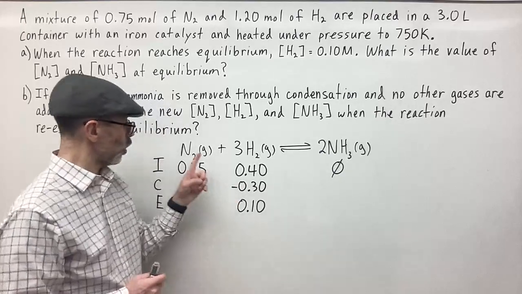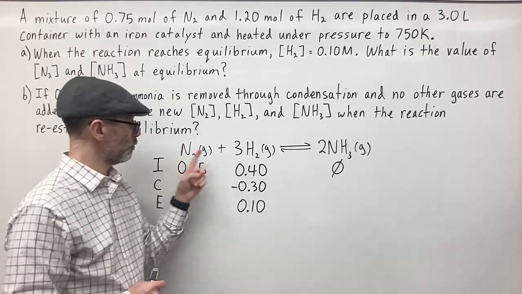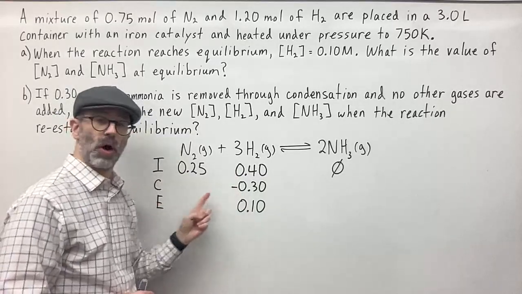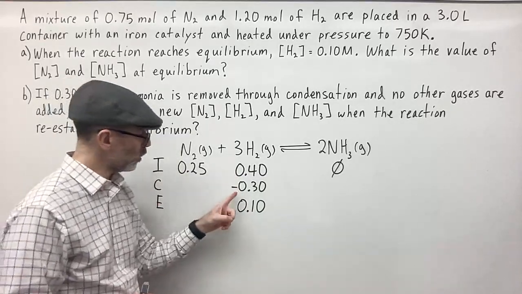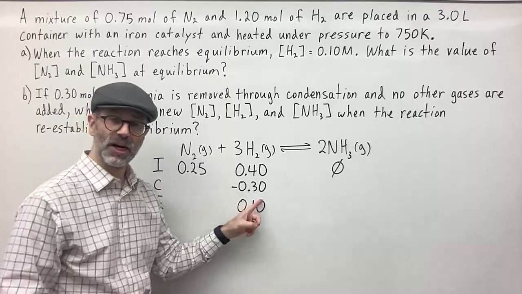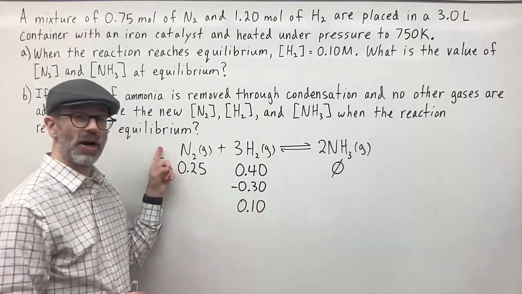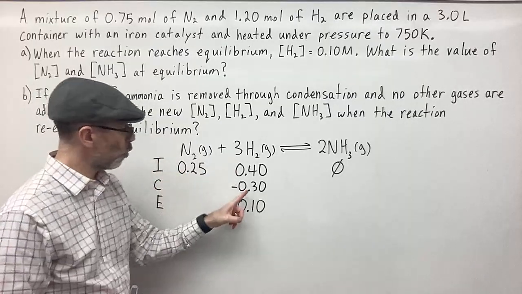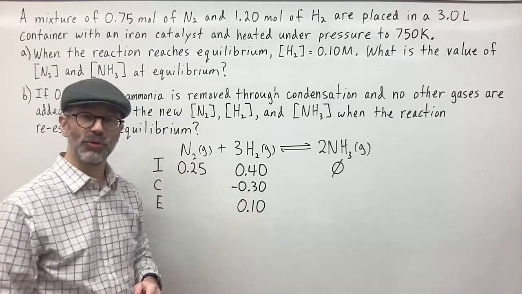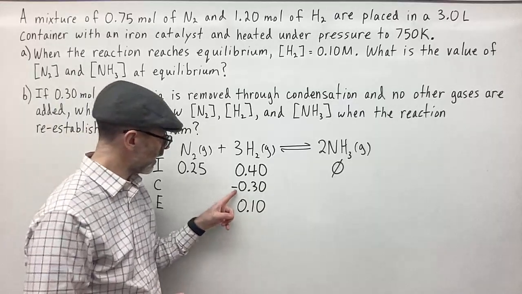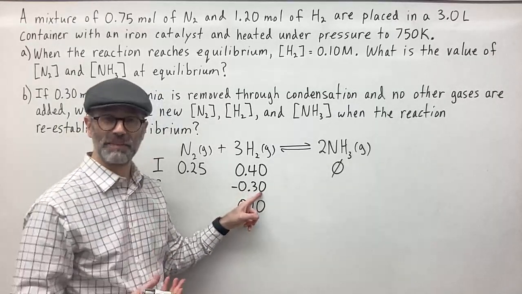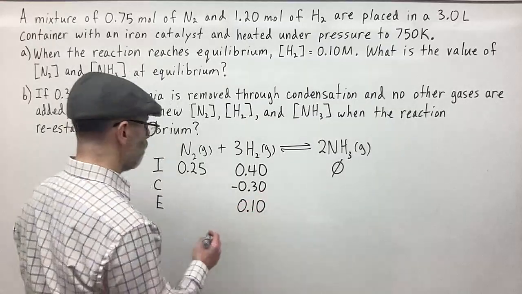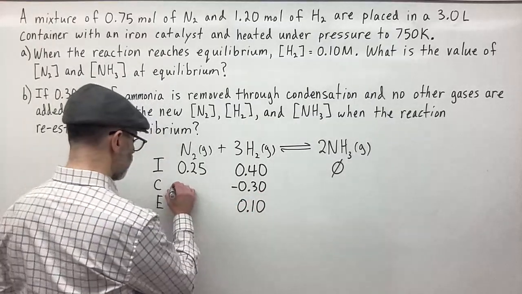Now, notice here, this is a 1-to-3 ratio here, so the change is also going to be a 1-to-3 ratio. So if I lost 0.3 here, then I'm going to lose 1/3 of that because of the 3-to-1 ratio. So what is 1/3 of 0.30? Well, just take negative 0.30 divided by 3, and you'll get your 1/3, and that's going to be 0.1. So we're going to lose a